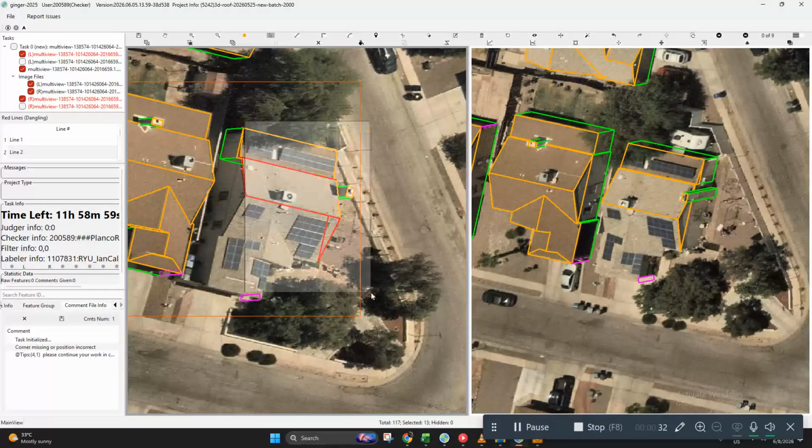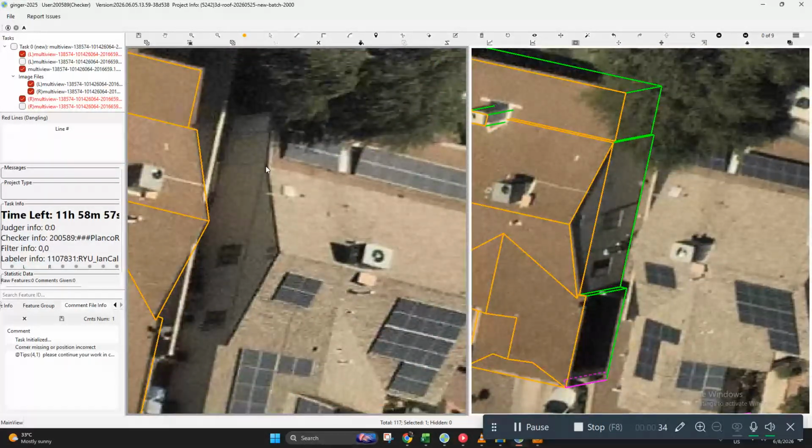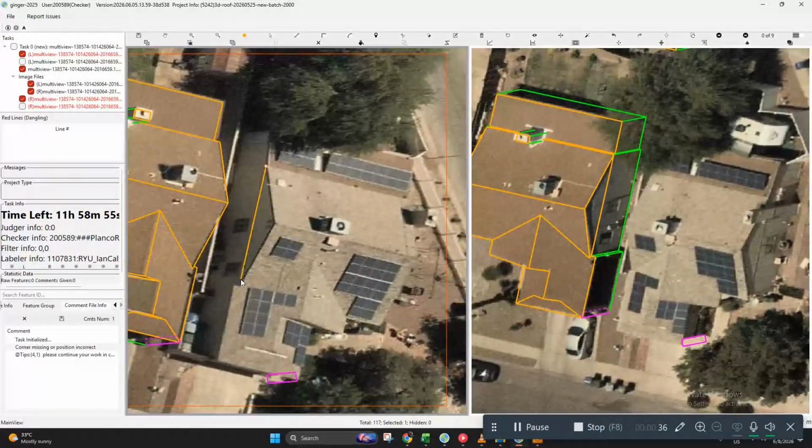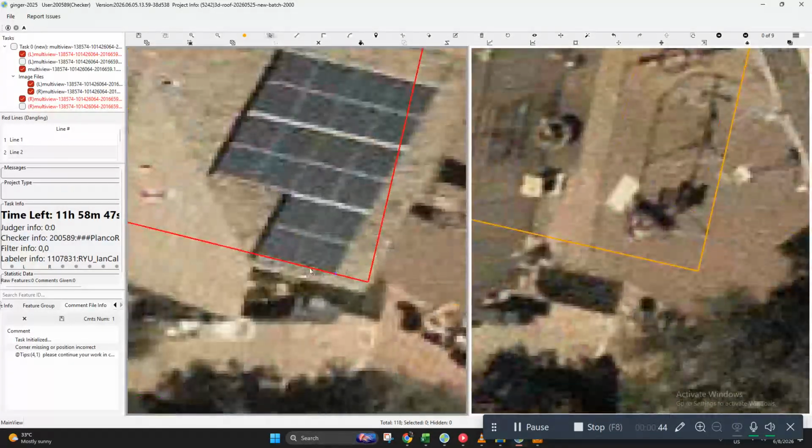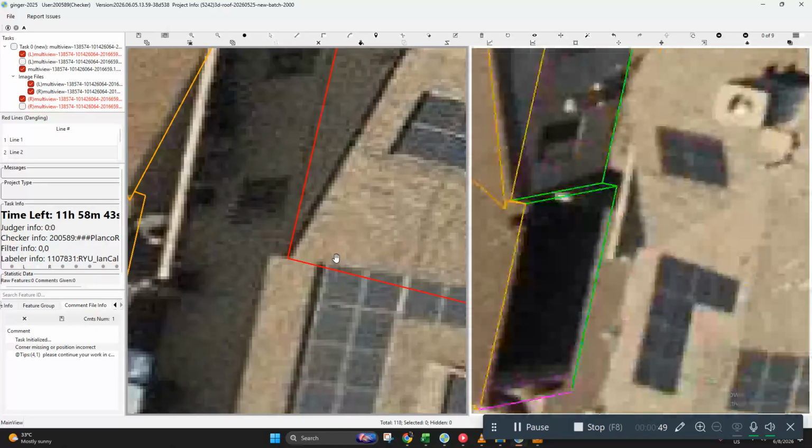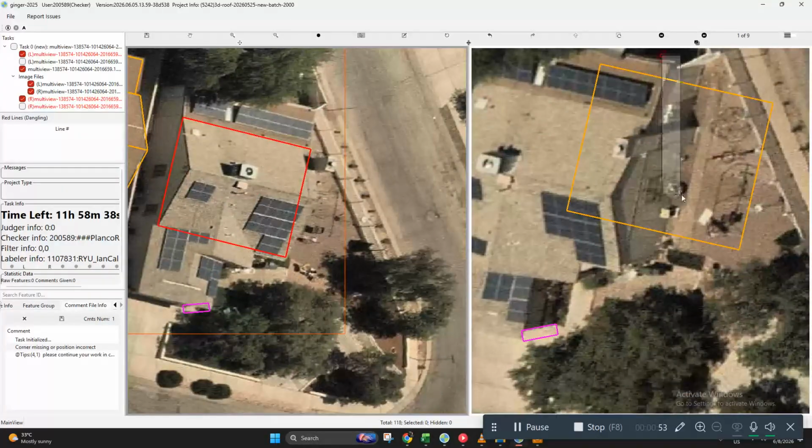So let's try to repair this. Guys, for this, I suggest, again, when drawing different height buildings, we need to start from the highest. As you see, we have a small discrepancy here. We have a small issue. That is why the previous labeler was not able to match them properly because of the difference in height.